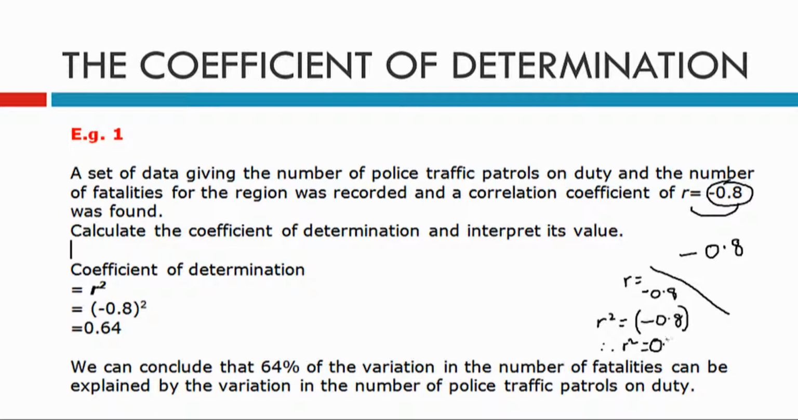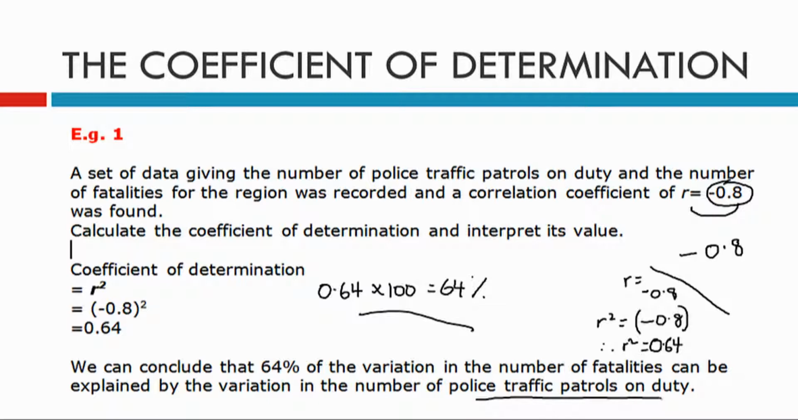Then we can convert it. We can write our little thing there. We can conclude that 64%, because 0.64 times 100, to turn it into a percentage, gives us 64% of the variation in the number of fatalities can be explained by the variation in the number of police